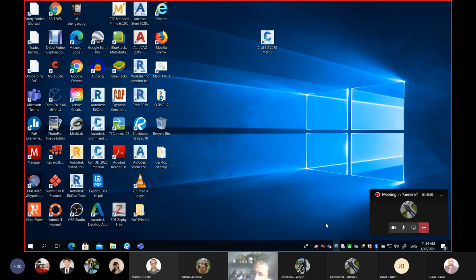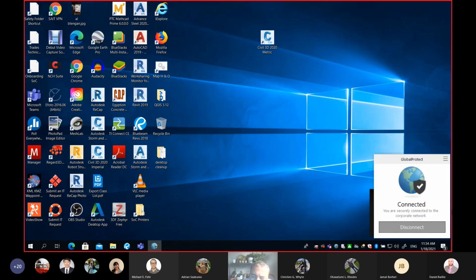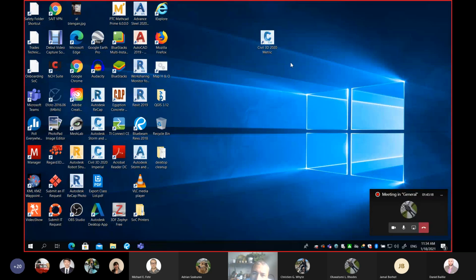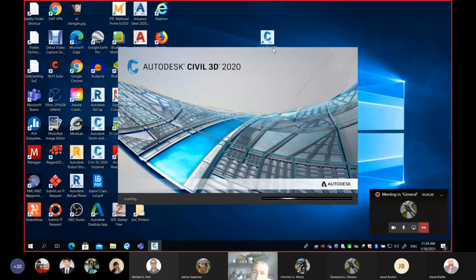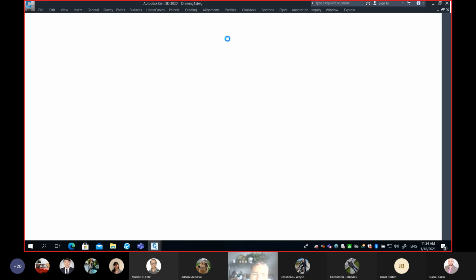Before you start Civil 3D, probably everyone knows by now, you must have your VPN client on. Double click on your VPN and make sure that GlobalProtect is on, which means I'm at SAIT. Now you double click on Civil 3D, and there is a tricky part I want to warn you about: on your desktop,